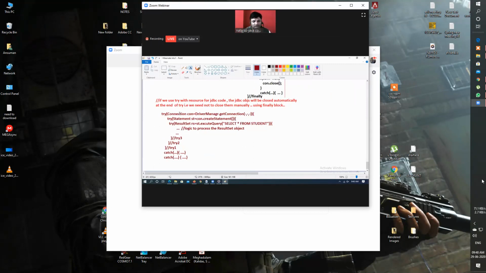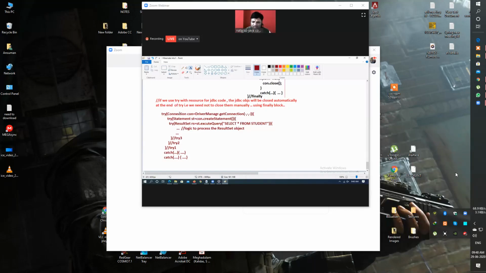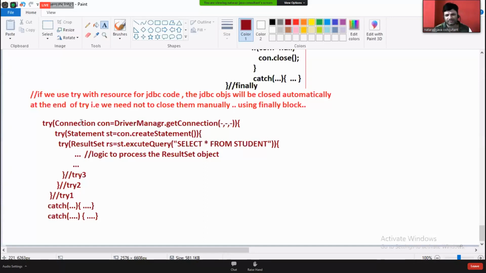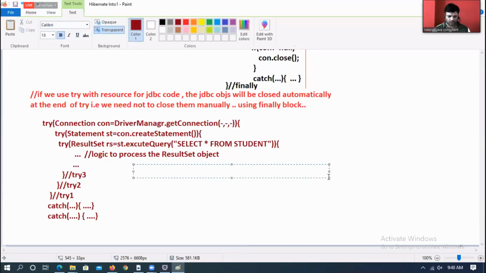If you want to do transaction management, like by calling con.commit and con.rollback, still try with catch plus finally block is the better option. Are you understanding my point? Try with resource is good, but in some situations we cannot depend upon it.